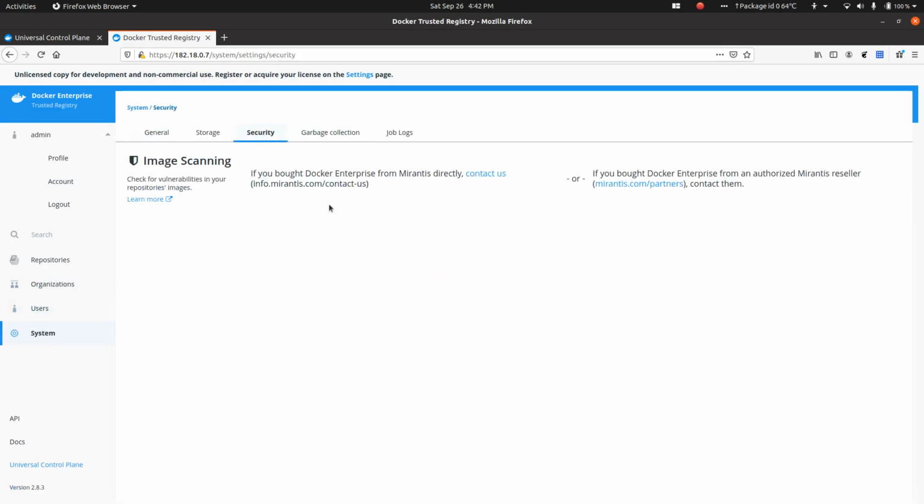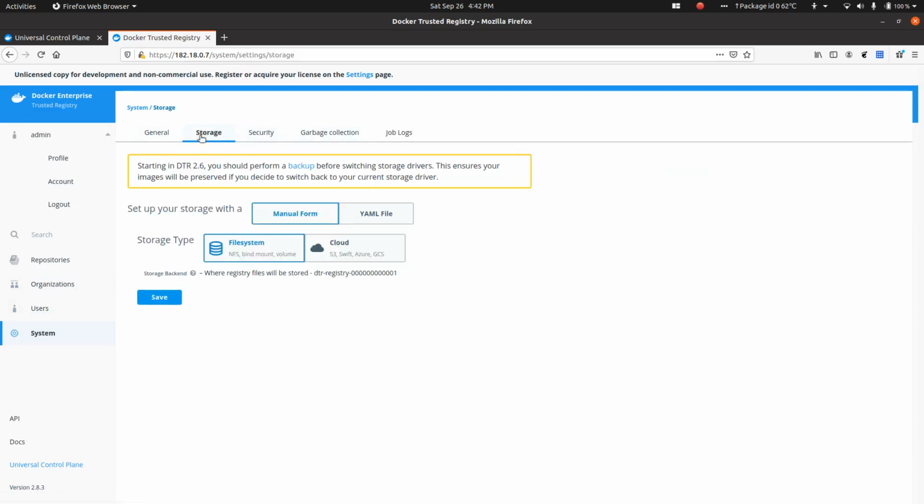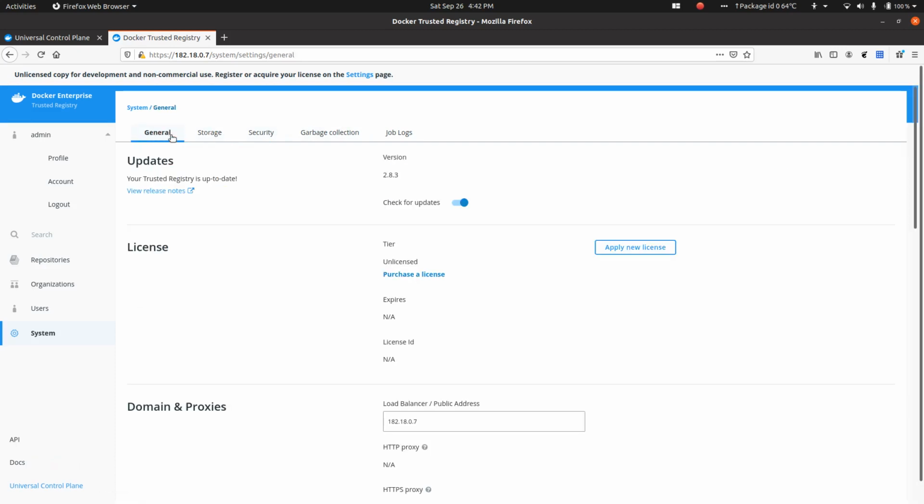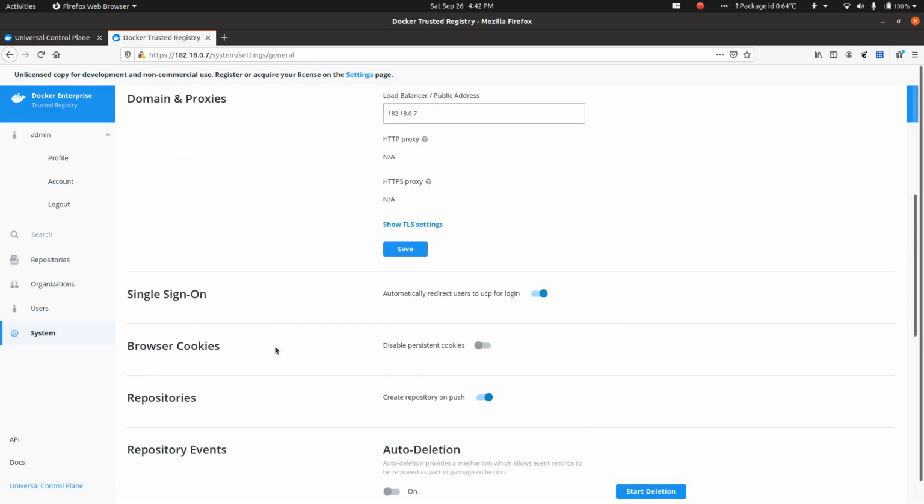Image scanning is not available as of now. You will have to register with the license. Only then should I be able to perform that option.